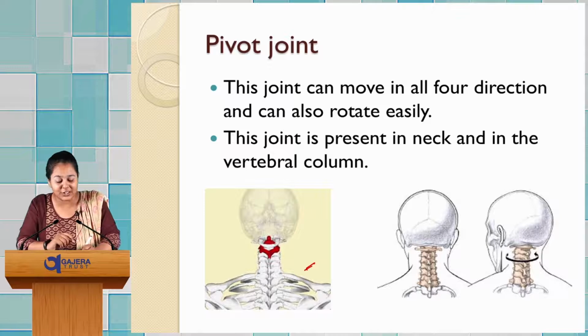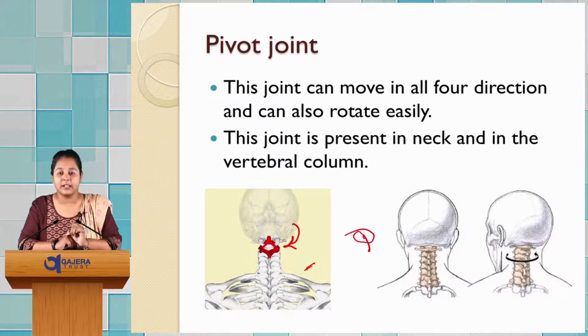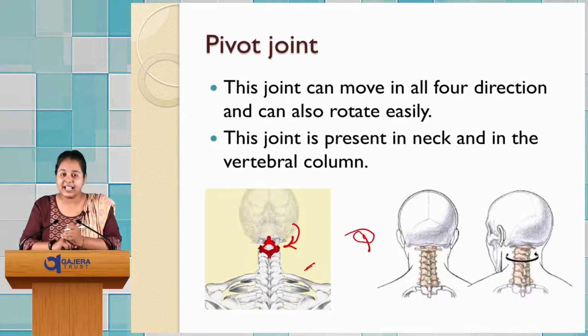Let us focus on this image for this. We can see that our vertebral column has this tiny pivot over here, red colored, and our skull sits on top of the pivot, something like this. What this allows over that pivot is movement in all the directions and the rotation which we need in our head.